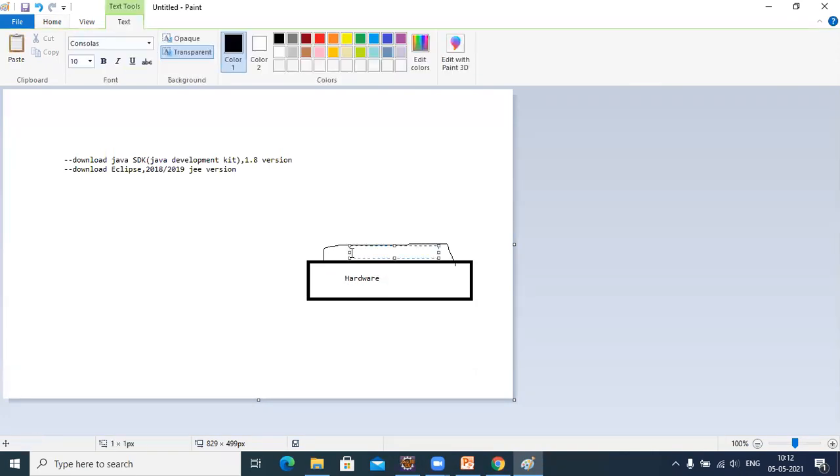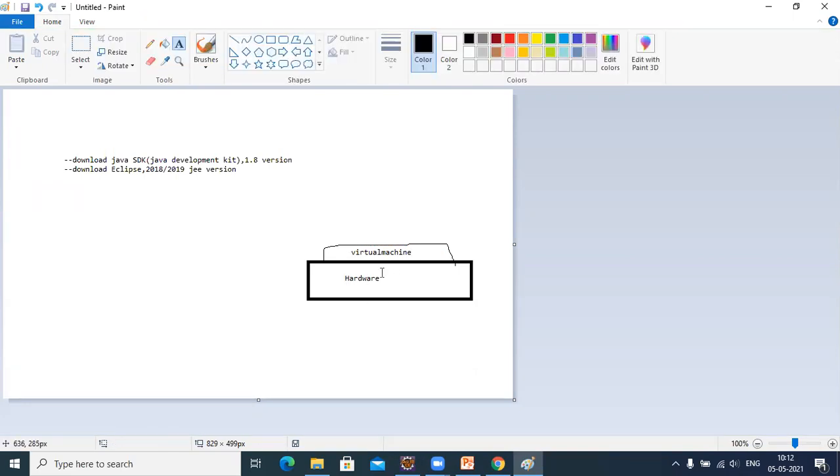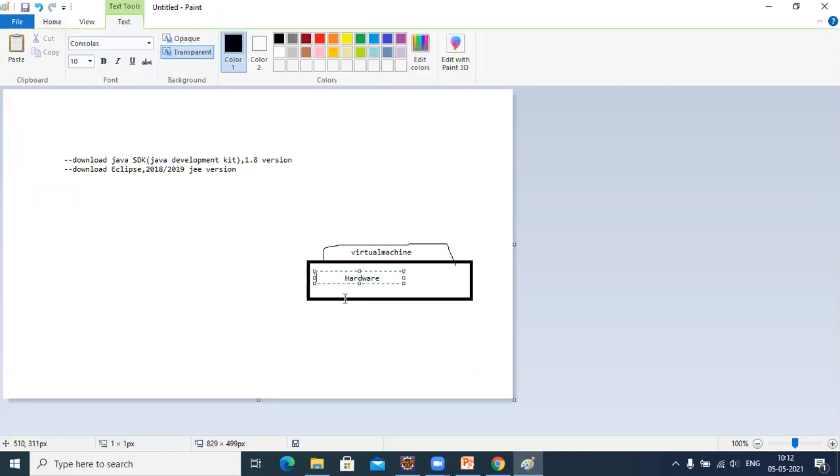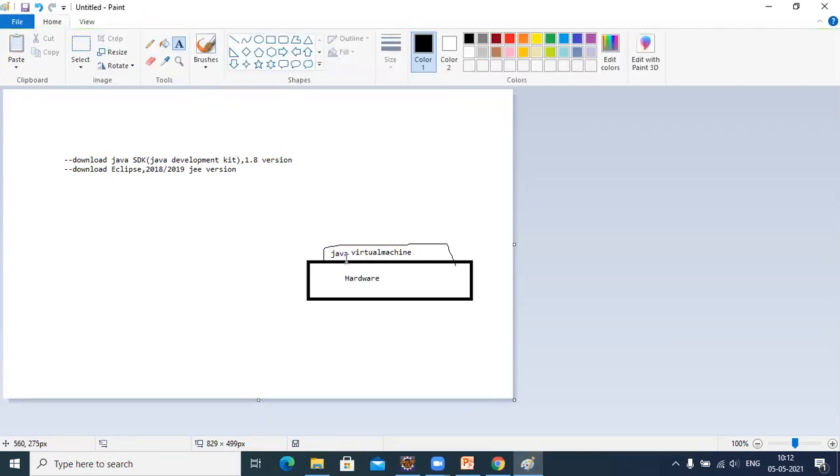Okay. So this is the hardware and this is a virtual machine, which will communicate with the hardware. This is nothing but the Java virtual machine. We are giving instructions to the hardware using the Java virtual machine.